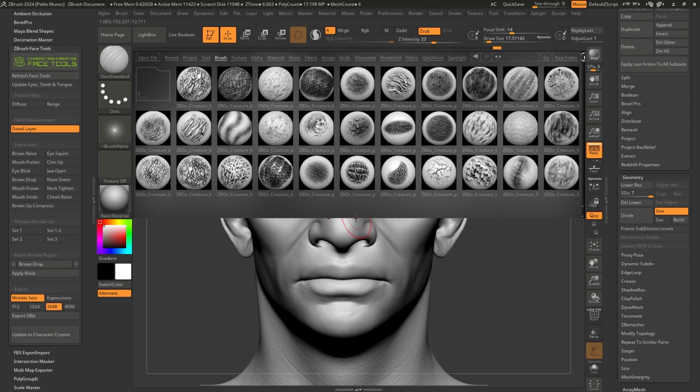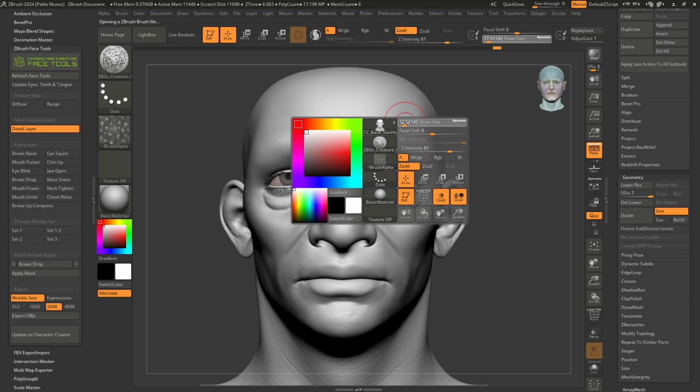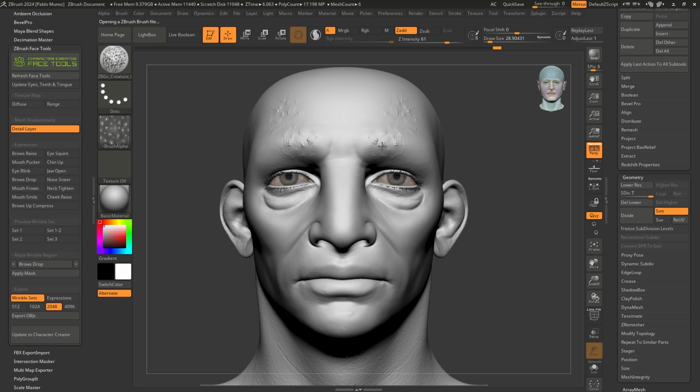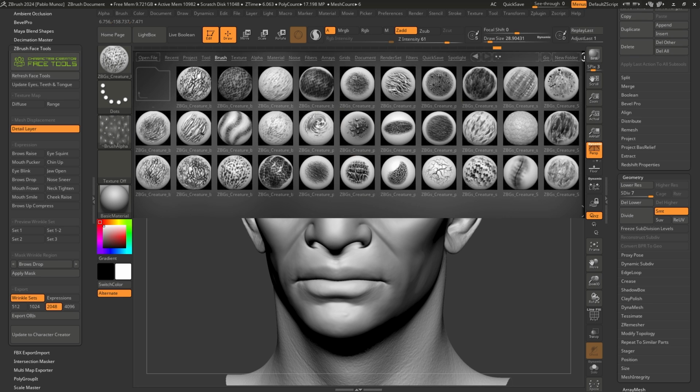I'm going to go for a humanoid character, but just so you can see how easy this is, I'm going to select something like this brush, and I'm going to add some larger bumps in here, right? So I'm just adding what could be some kind of bump of, I don't know what this could be, some kind of alien. But that's the idea with these brushes, just to speed up the workflow.